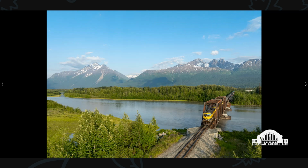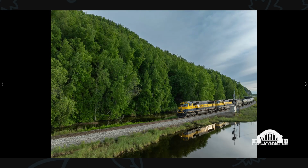A little bigger view of the freight crossing the Matanuska River. Chugach mountains in the background, Pioneer Peak, Twin Peaks, and in between those two, which you can't really see in this view, is Knik Glacier. Milepost 146, I'm sorry, 145, curving along the